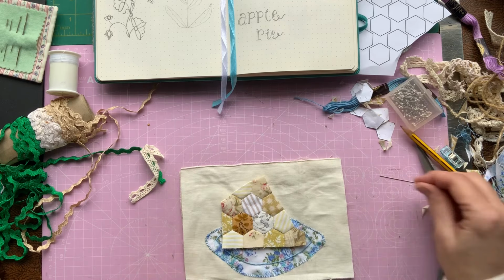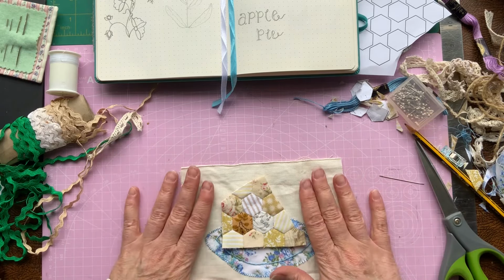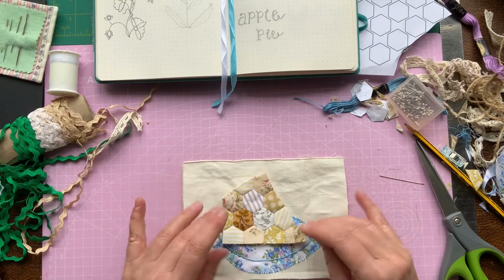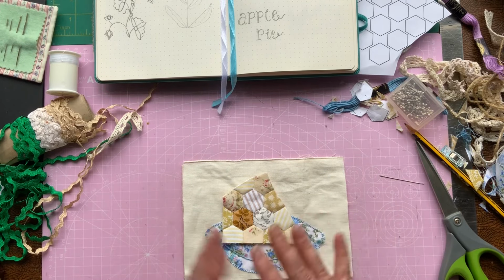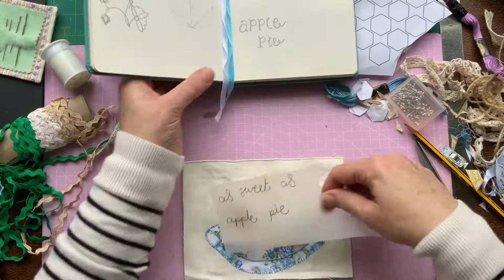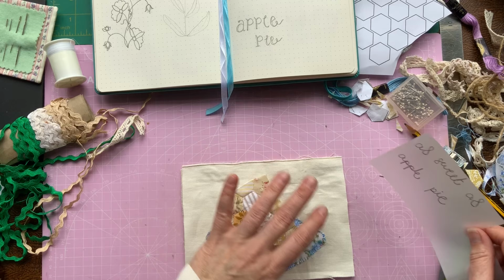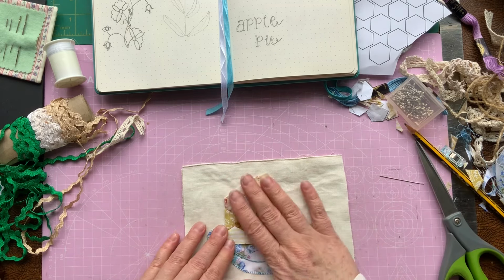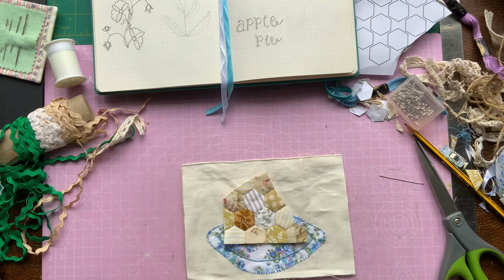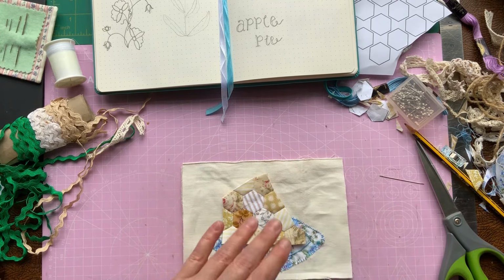This is why I have trouble planning and drawing out my ideas of anything final, because it always changes, and I just think you need to have a little bit of leeway and whatnot. So my first drawing was this, and then I showed you how I was going to do my words, but they don't fit like that, so I've adapted them. Sometimes you just have to keep an open mind as to what's going on, and sometimes what you had in mind doesn't always work out, and you need to change it for the better. So I'm quite happy with having,